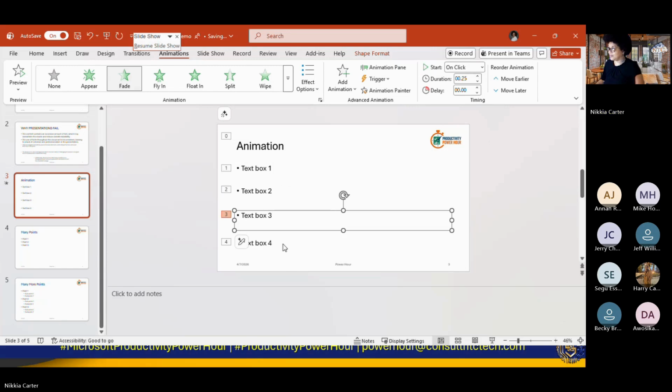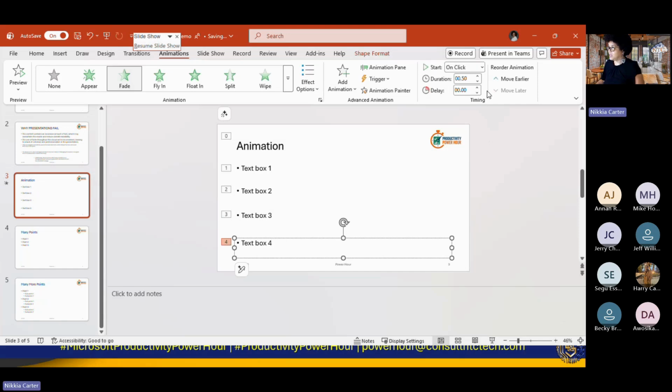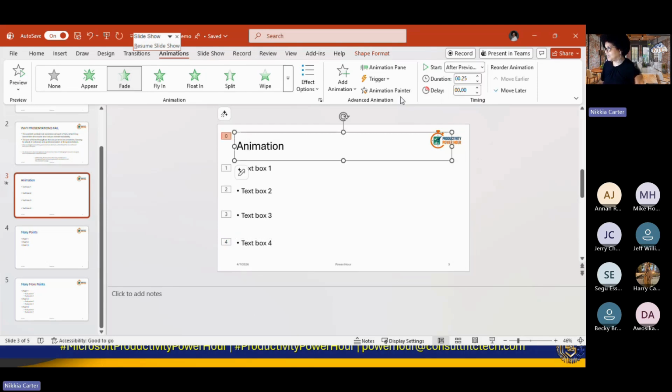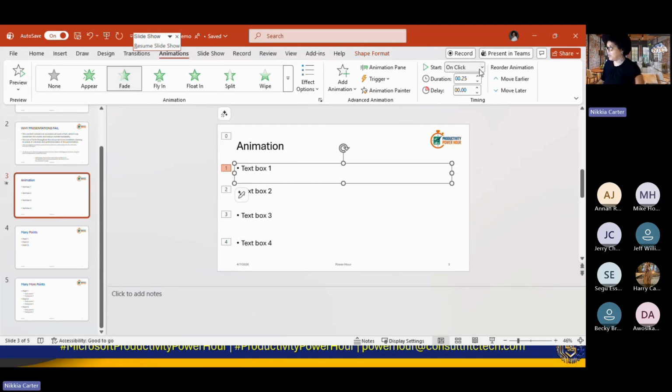Of course, you can always adjust once you do those things. Set all of your timers and everything. I'm not quite sure on the delay yet because this one's a little new for me. I don't really use this one. It says play the animation after a certain number of seconds. Oh, and I forgot to change all of these. If it's after previous for everything,